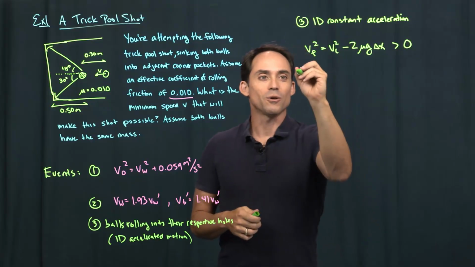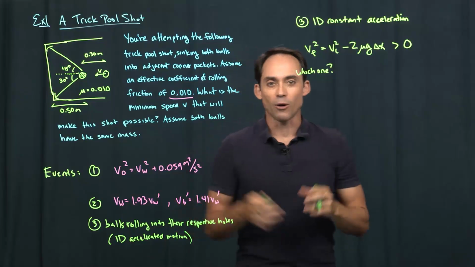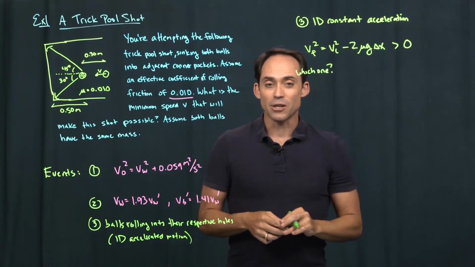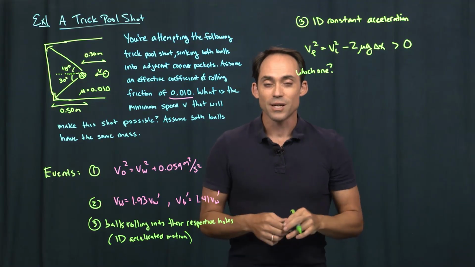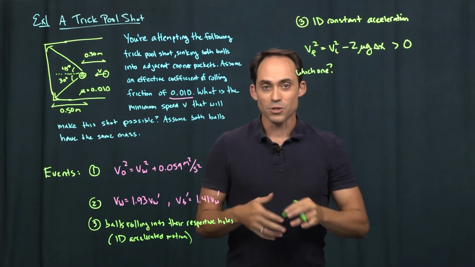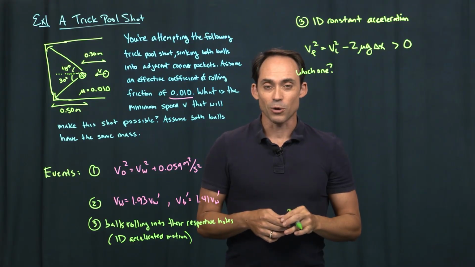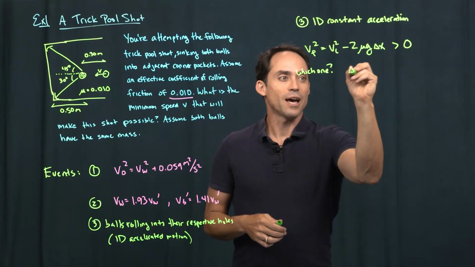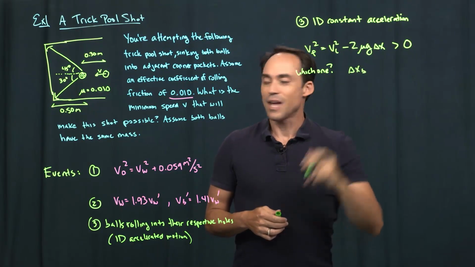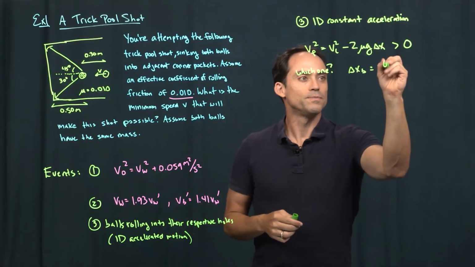Now, here's a question. Which one are we talking about? Which ball, white or black? Well, since it's the same acceleration for both, we can see which one is moving the furthest, because that's the one that's going to have the most work done on it, the most loss of energy through this dissipative force. So that's just a geometrical question. So we can look at delta x, for example, for the black ball. That's just equal to this length, 0.5 meters,